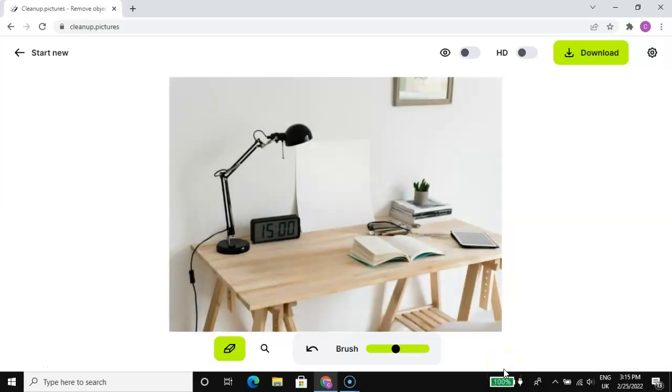Beautiful. I have never seen a free application like this. Believe me, I have used a lot of these object removing applications, but this particular application,